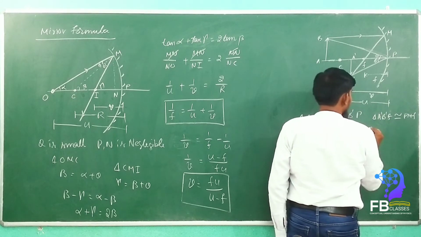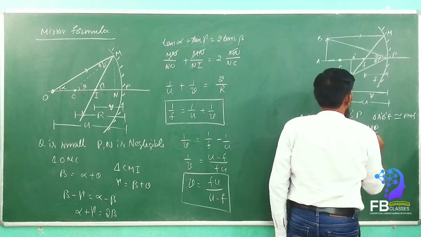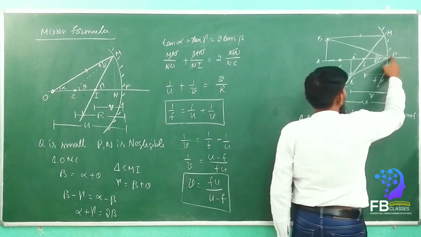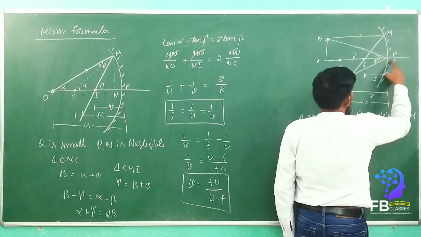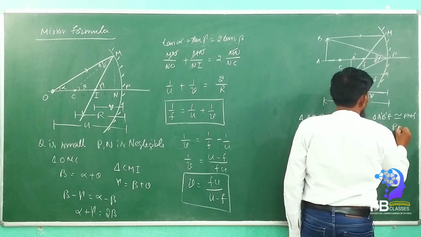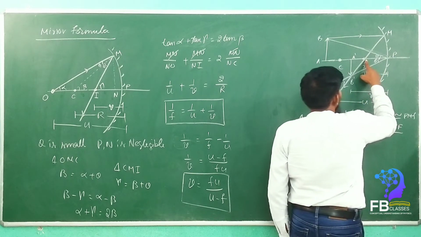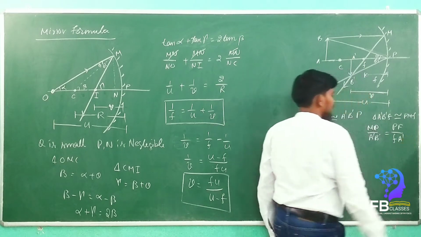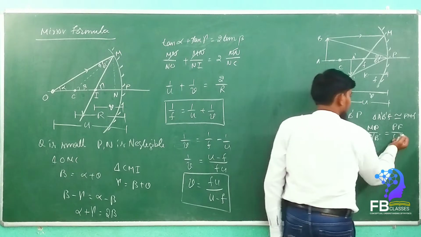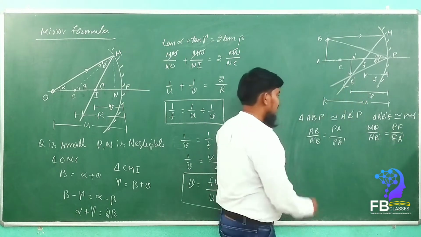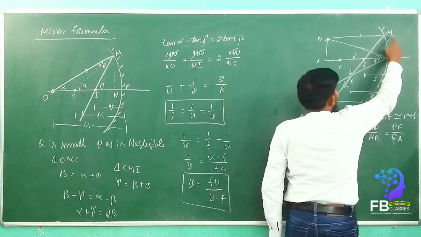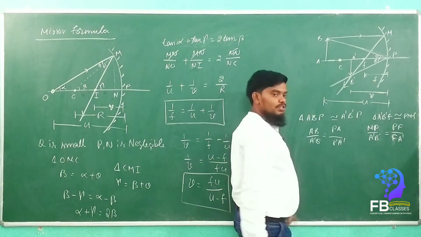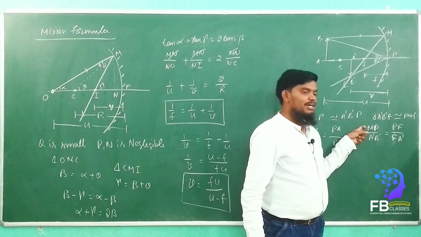Otherwise we can directly write MP upon A dash B dash. MP upon A dash B dash is equal to how much? That is equal to PF upon FA dash. Got it? Are you getting my point? Everyone clearly? See here, MP is nothing but the height of the object AB. So instead of MP, we can also write AB. So here AB upon A dash B dash.